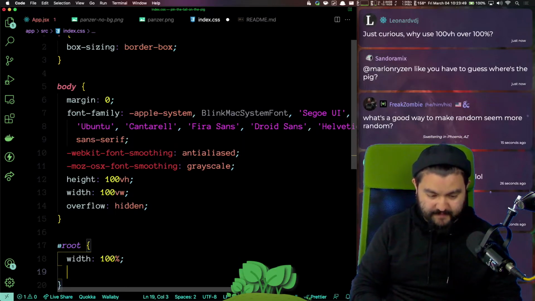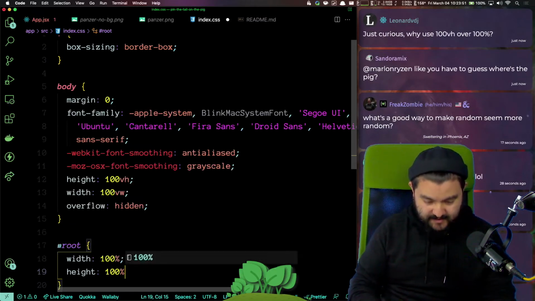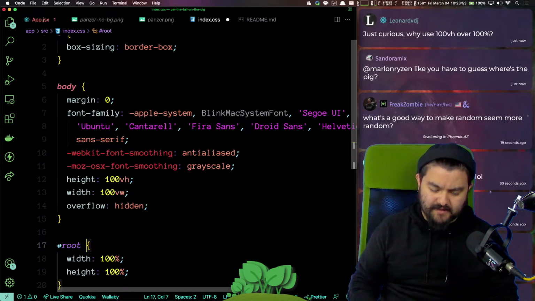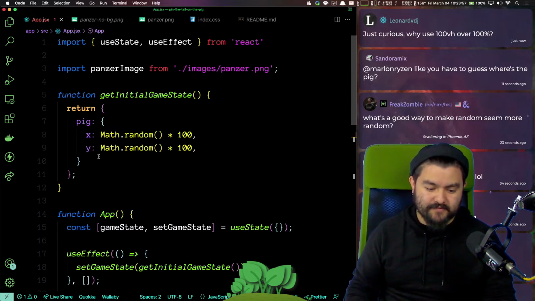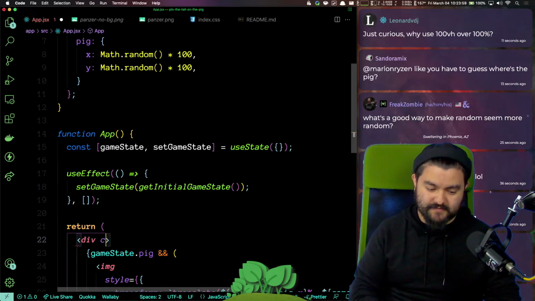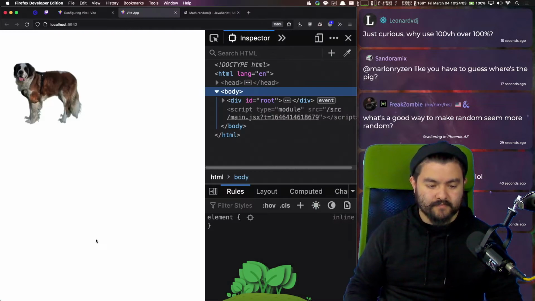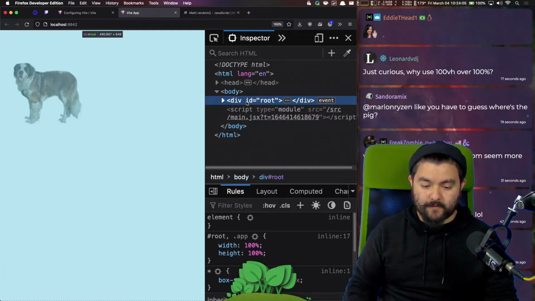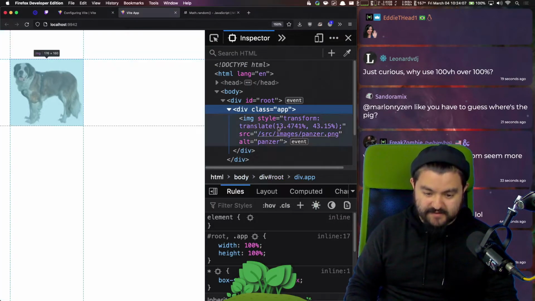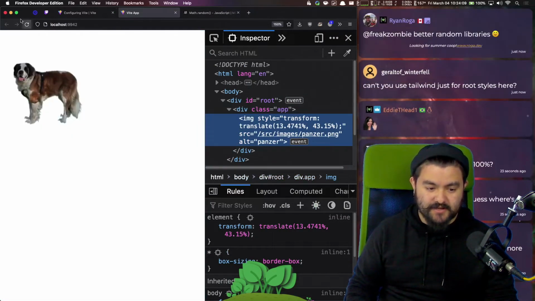Width 100%, height 100%, and then there's likely, let's call it an app class inside of root. So if we give this a class of app, now root takes up 100%, app takes up 100%, and then our image is within it.